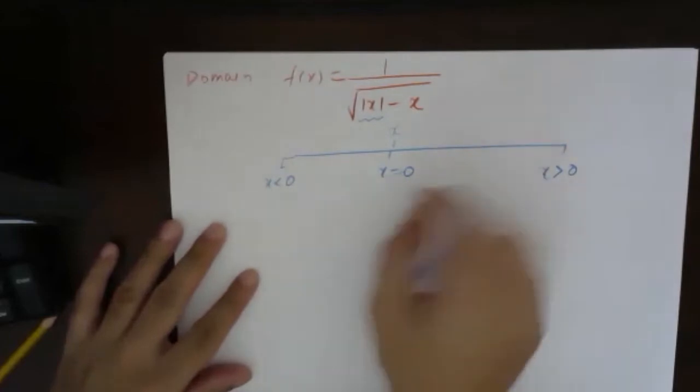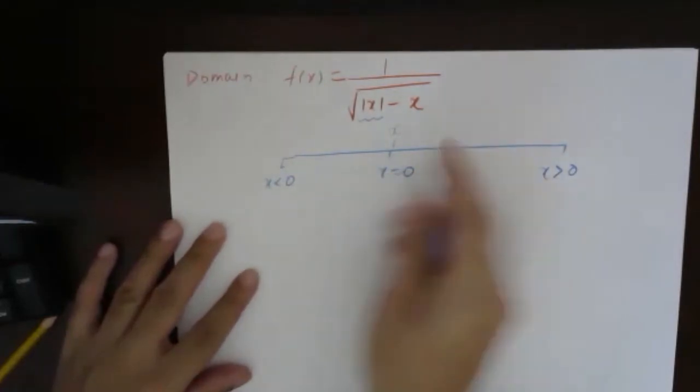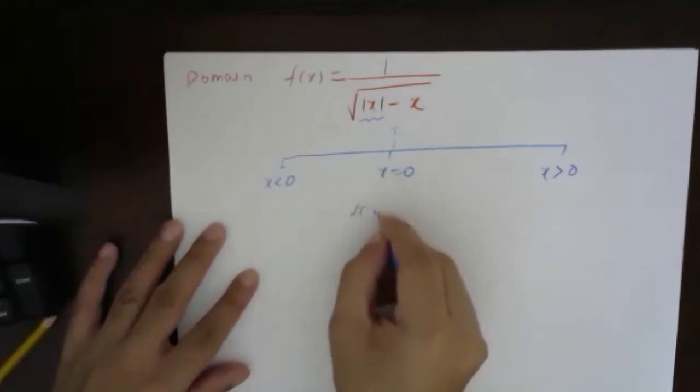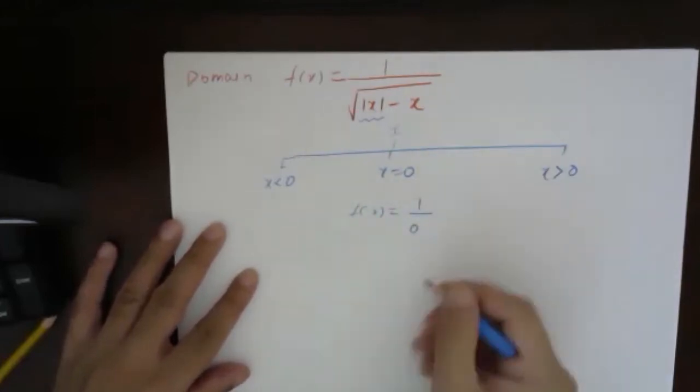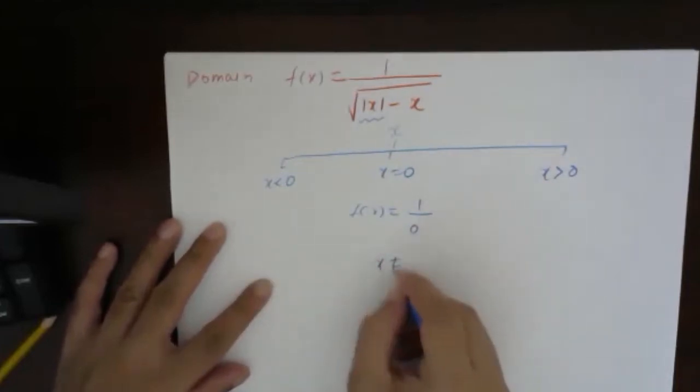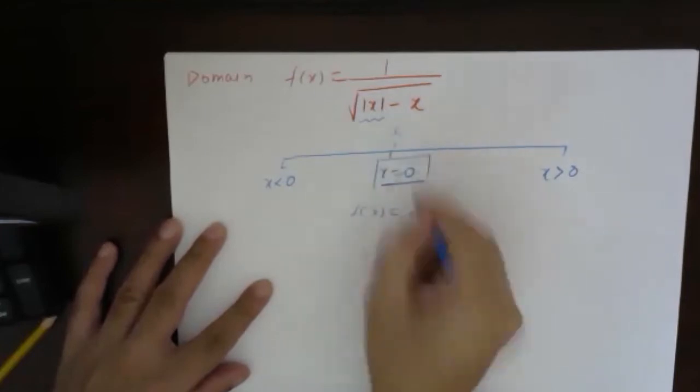Now see, suppose x is equal to 0. We know that 1 by 0 is not defined in maths. If x is equal to 0, f of x will be of the form 1 by 0. That means x cannot be equal to 0. This is the first thing which we got from this, right?